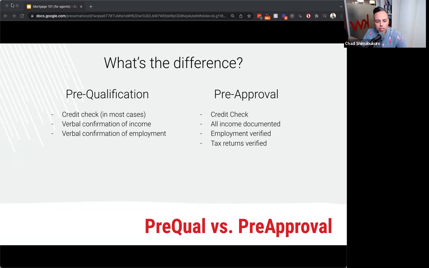It's very loose to the extent that how do they even know what debts you have? So that whole debt to income ratio conversation. I mean, what if you have 10 properties financed and they don't even know that because they don't even have your credit? They don't even see those other things pop up. There are some local lenders that will do a pre-qualification, but they're going to actually say, we're going to run your credit and so forth, which is much better. Then there's a pre-approval, which by far and away is way better if you can get this. Yes, they absolutely will run your credit and do a credit check. Not to mention they're going to get your income documentation.